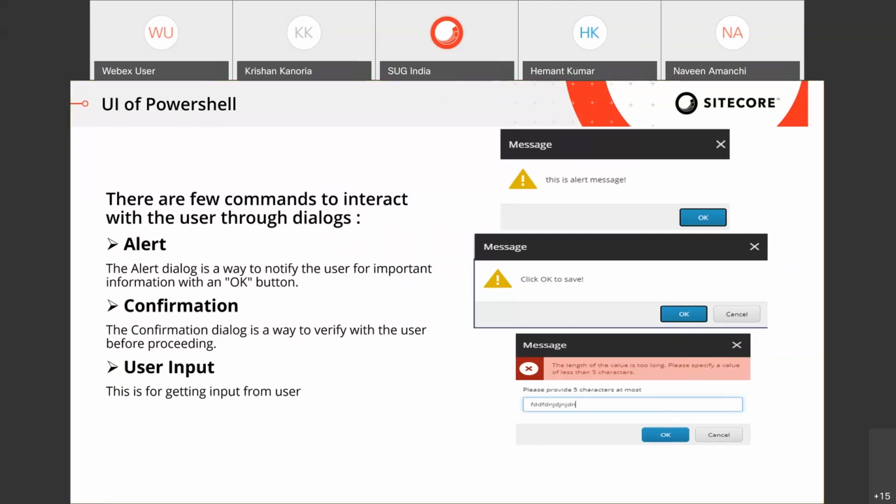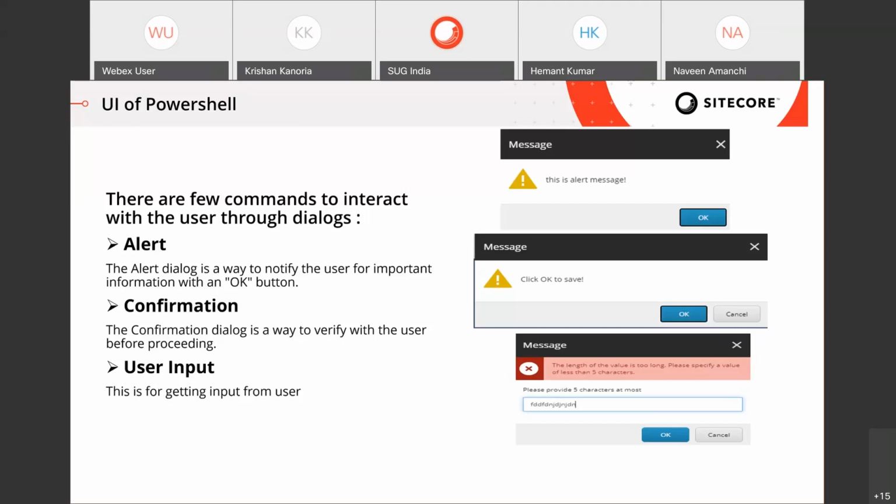After that, maybe many of you have a question: if we can do all of these operations from the UI of Sitecore, why do we need this PowerShell scripting? So first I would like to answer that. Sitecore PowerShell comes to the rescue only when you have to do a repetitive or a bulk operation. For example, if you want to create a package dynamically daily for some 100 items, then PowerShell is a savior for you. For example, if you want to update some placeholders for 500 items, as Krishan told before, then PowerShell comes as a rescue.